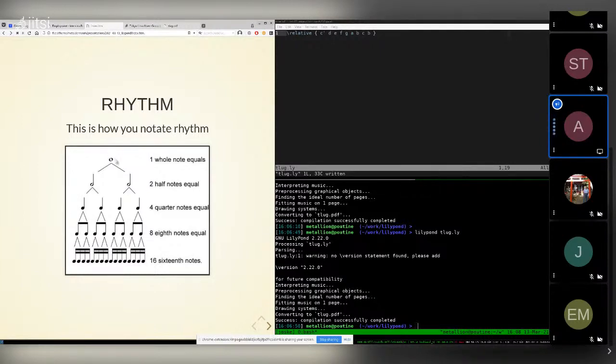This one up here is a whole note, which means it takes up an entire measure. Like I said before, a measure is 4 beats, which is why it's called a whole note. So the length of this would be 1, 2, 3, 4. During that whole time, this note would be playing.